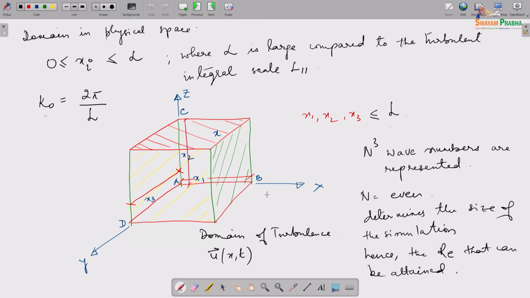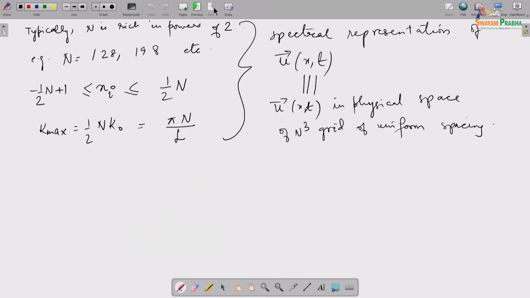So each cube, delta x is nothing but L by n. Delta y is equal to L by n. Delta z is equal to L by n, right. So equal spacing. I can say delta x is equal to L by n, of uniform spacing, which is equal to pi by